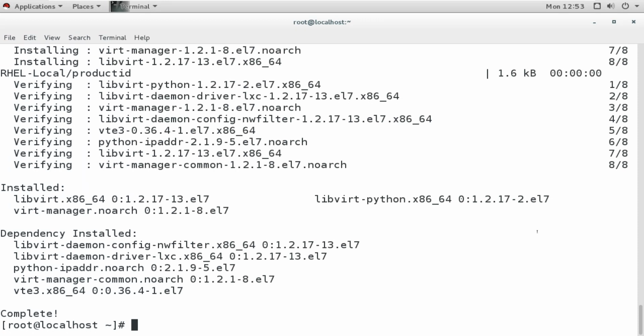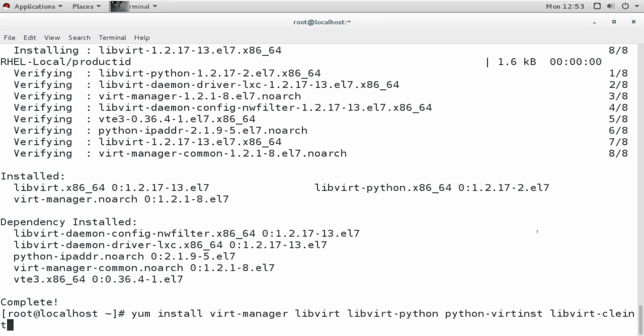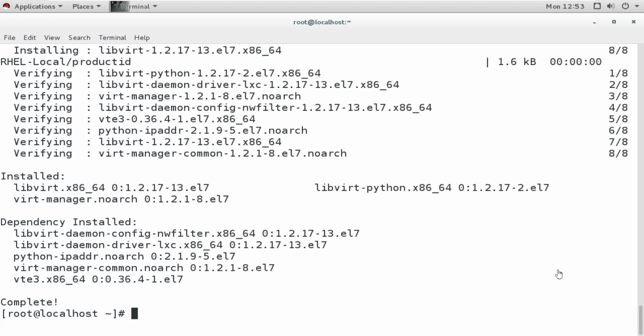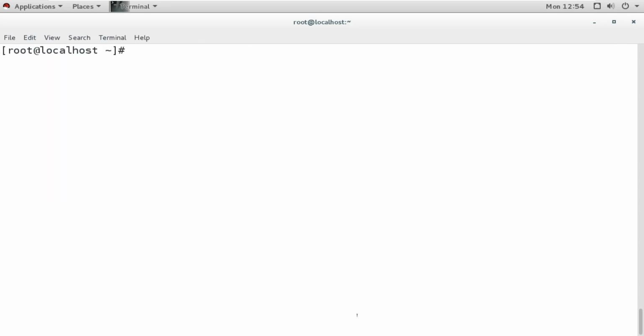Now it is all installed. Now we can go on to create virtual machines. After installing this, we can see how we can manage the virtual machines and create the virtual machines.